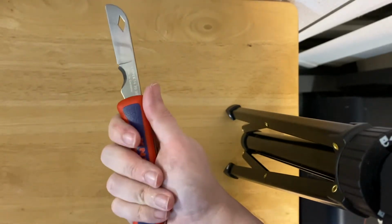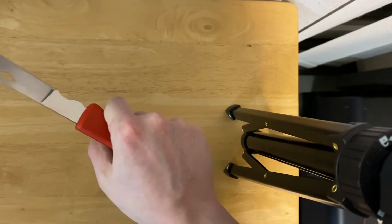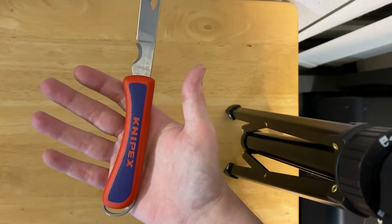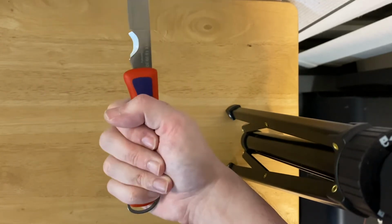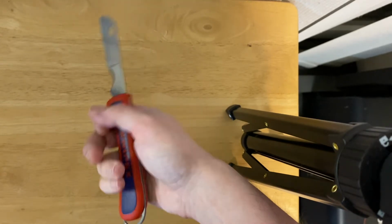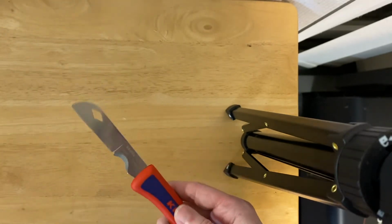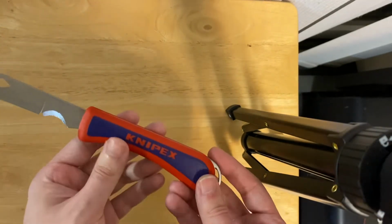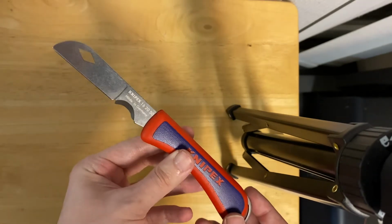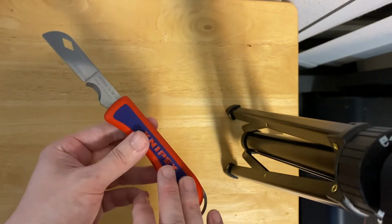So the other thing is that, fortunately, they weren't counting on a person having either very small or very large hands. This is sort of a one-size-fits-all knife. It's very ergonomic. It's very well designed. It is just something I think is going to be a very handy tool, whether you are an electrician or whether you simply have electrical wiring to maintain, as I do on my Lionel layout,